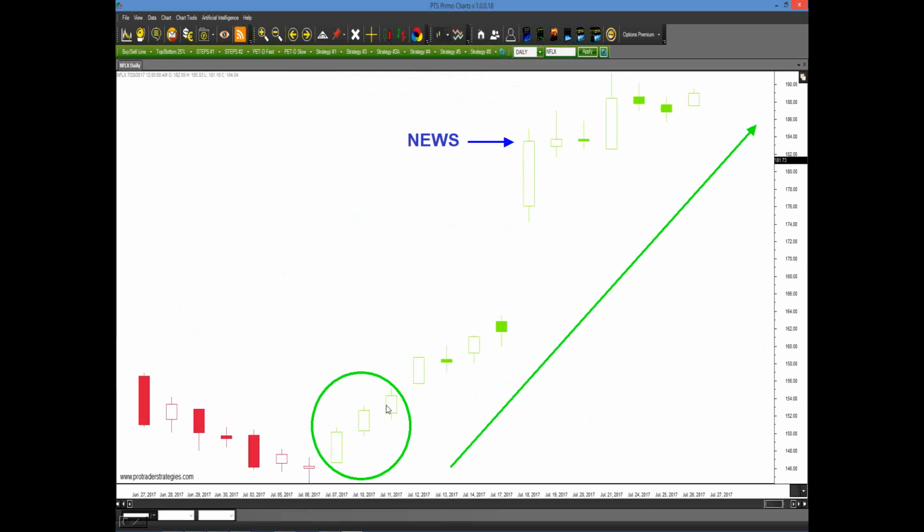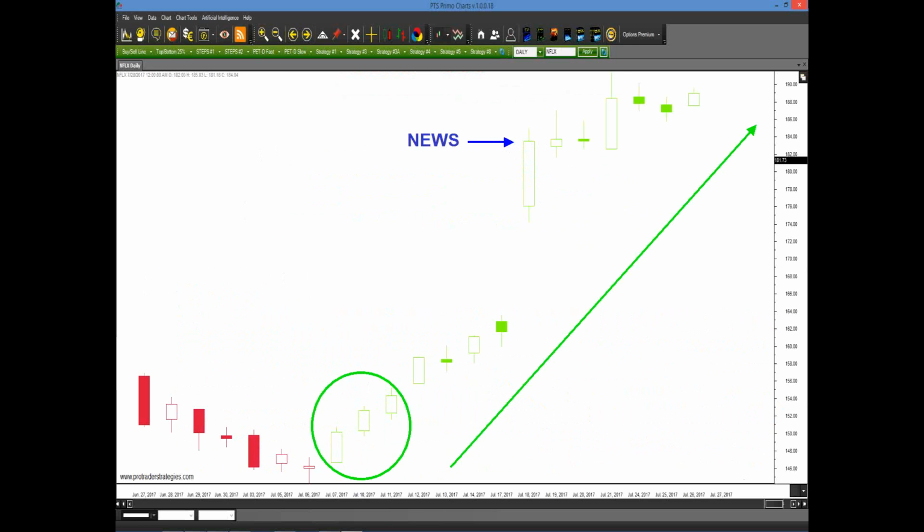So you knew well back in the beginning of July that you should only be going long. You could have based it on any technique or method you use. It could be based off of, let's say, multiple indicators. It could be based off of support resistance. It really doesn't matter. The point is, you would have known a week in advance to look to go long Netflix. So this is the beauty of the PET-D.